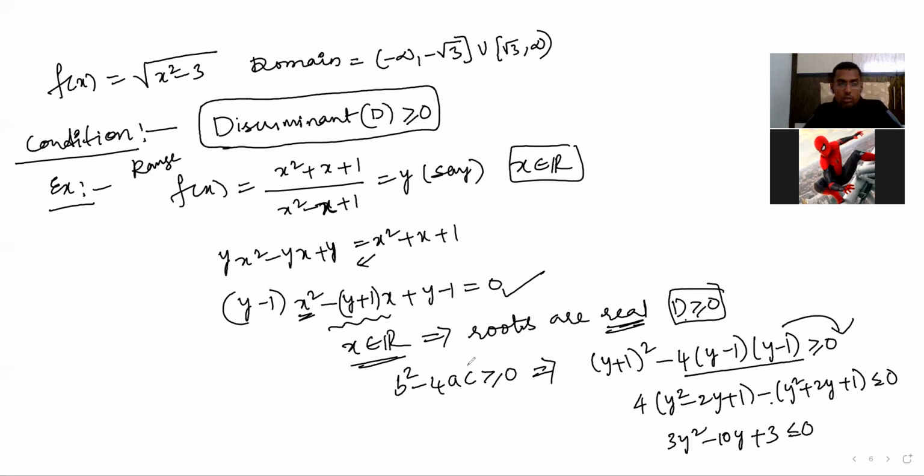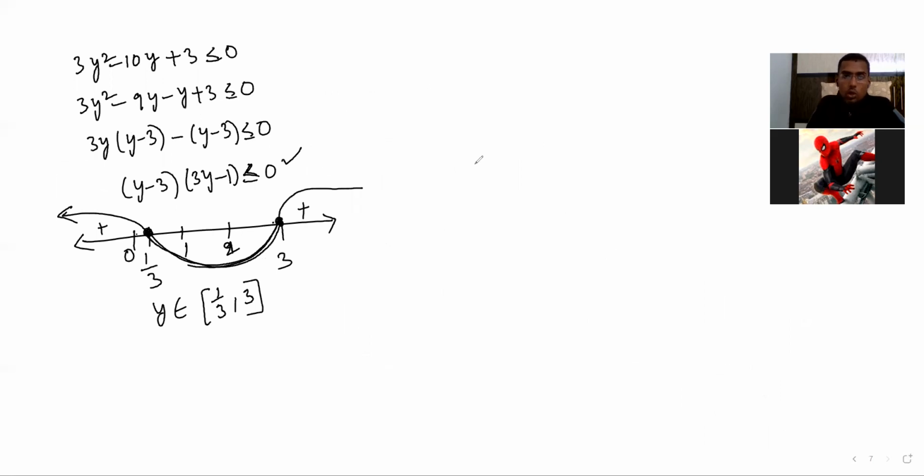Okay, this process you understood? You should apply discriminant greater than or equal to 0. First you should assume it as y, then you get a quadratic equation in x, then you apply this. Even if you use x equals minus b plus or minus, you should still apply discriminant greater than or equal to 0. Instead of doing all that, you can do it directly like this. So now in this case, you are going to get a